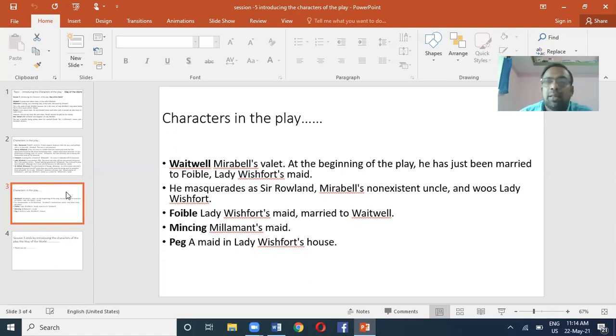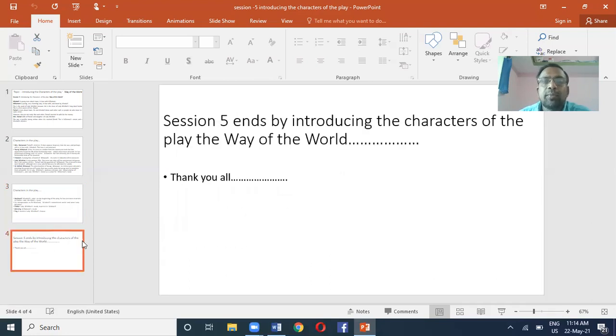It was a fashionable life in the London of the 18th century. This is how we have so many characters in the play, and the relations I told you. And now it is quite easy for you to get into the plot of the play